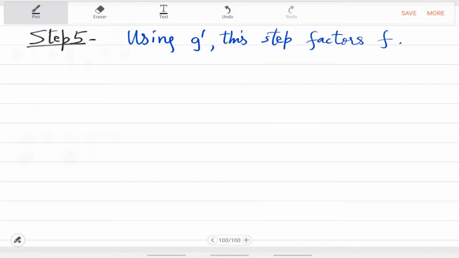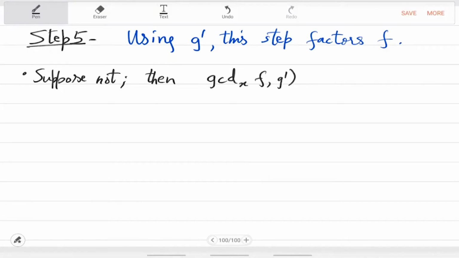Okay, so suppose not, right? Proof by contradiction. Then the GCD in step 5 came out to be 1. Right? There is no other option because G prime has degree of x less than f. So if it doesn't factor, then it means you get 1 as GCD. So which means that